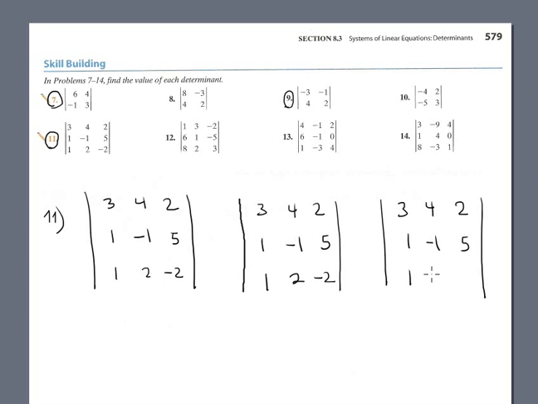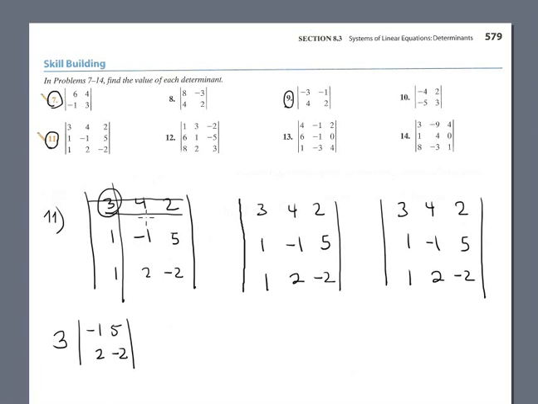Okay. And to compute the determinant 3 by 3, you're using a cofactor formula. You can expand the determinant using any row or any column. I want to use row number 1, and there is no special reason why. So you multiply the entry here, which is 3, by the determinant that is a cofactor. It is obtained when you delete this row and this column. So it's times negative 1, 5, 2 and negative